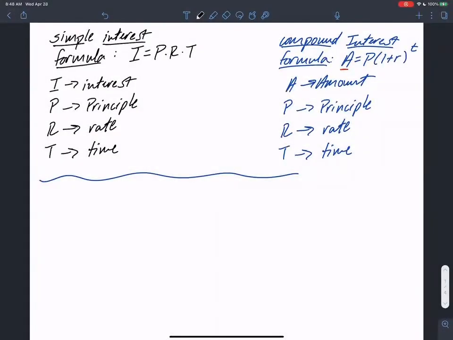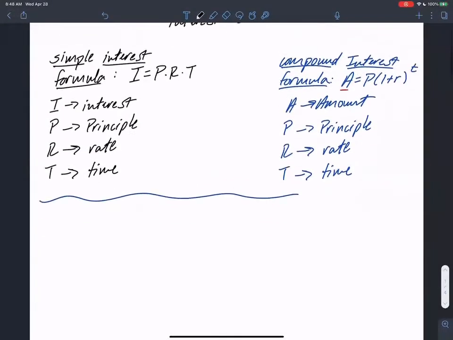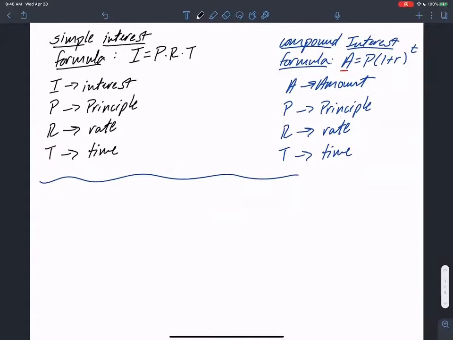Okay, so we have our formulas up here. Again, you guys should be able to work with both, understand both, and understand what each variable in the formulas mean. Okay, so let's just make up an example here. Okay, so number one,